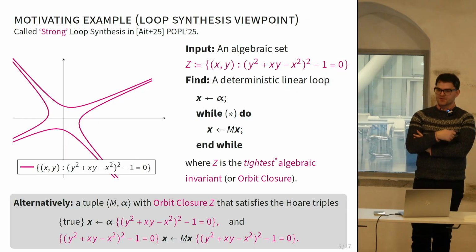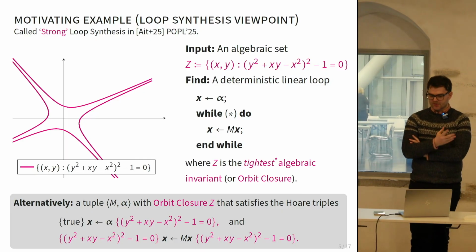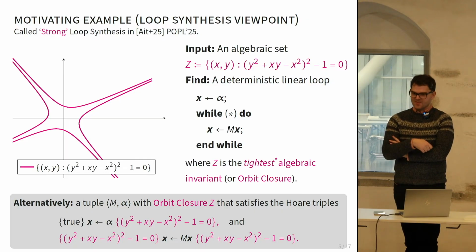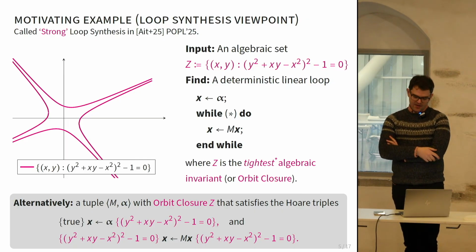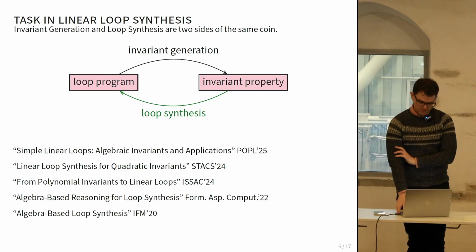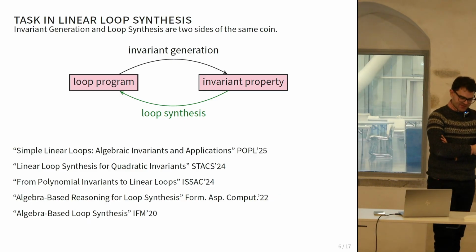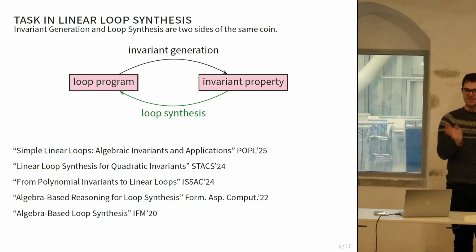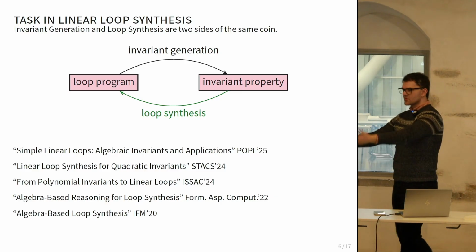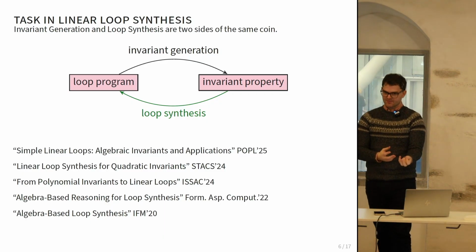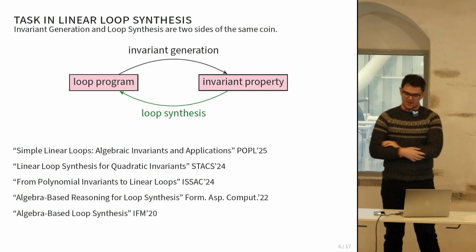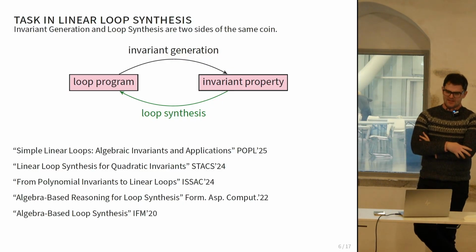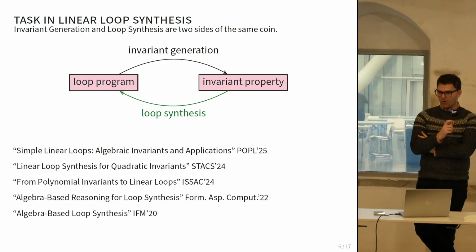the tightest complexity that is known appeared in a previous POPL paper last year on strong loop synthesis. Strong just being the same as our tightest or best aspect here. Loop synthesis might not be so well known, but you can consider it as the sister or opposite side of the problem of invariant generation. Invariant generation being I give you the program and then I want to automatically find properties associated with it. Nikhil did mention this previously. Loop synthesis goes the other way. It gives the property or the specification and says generate the loop.